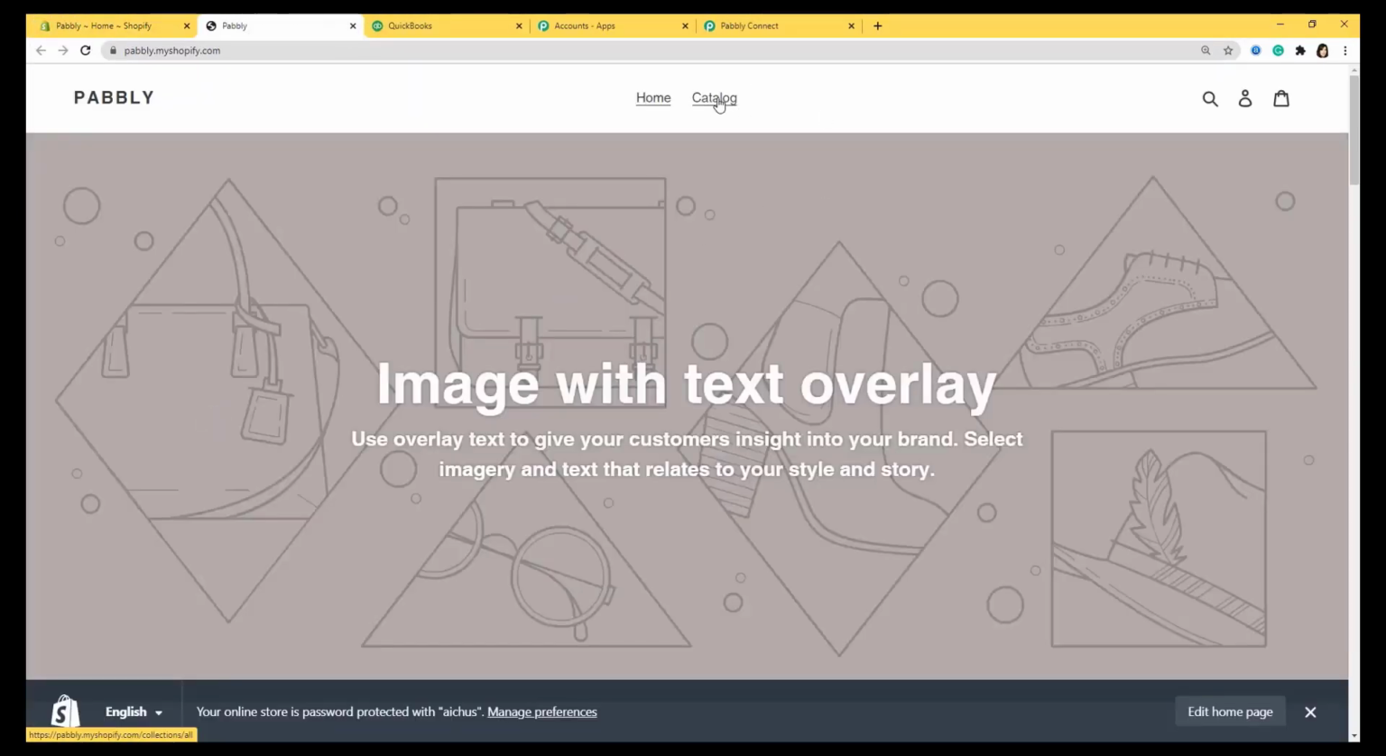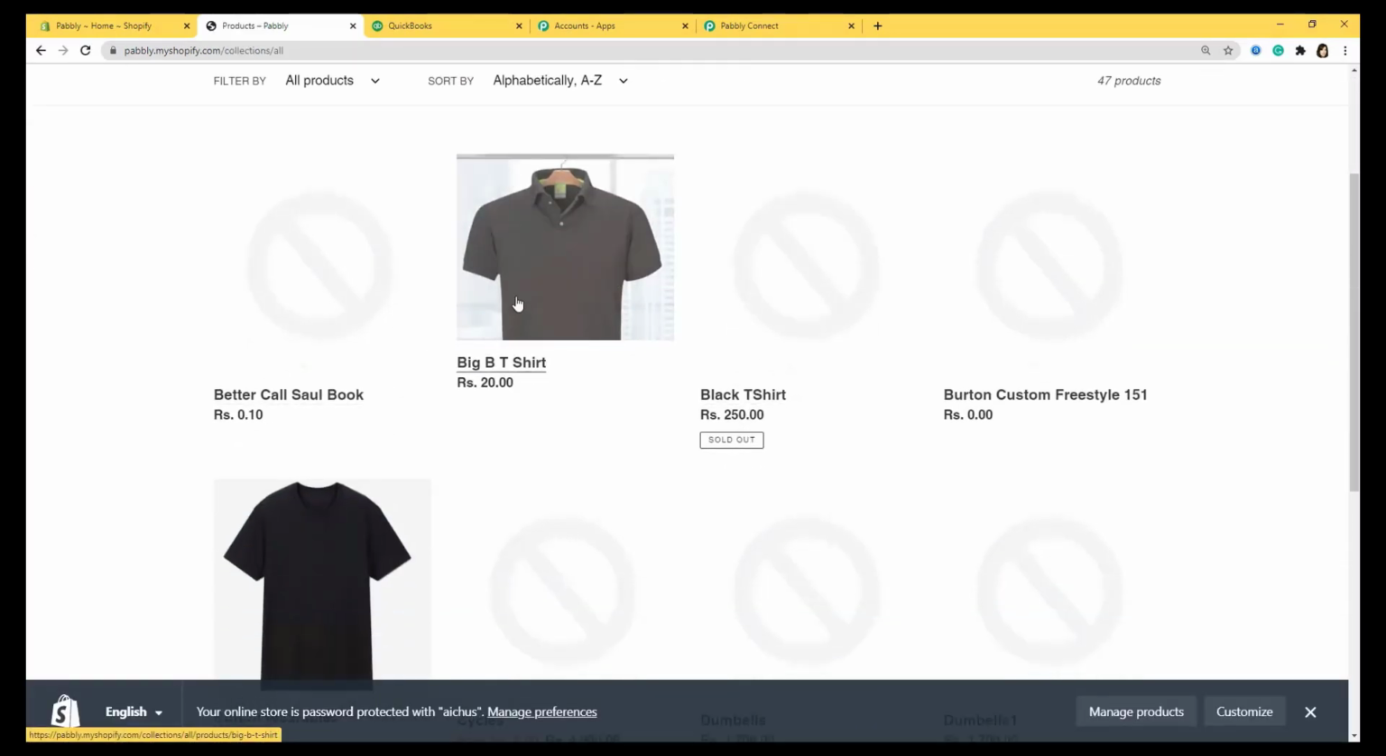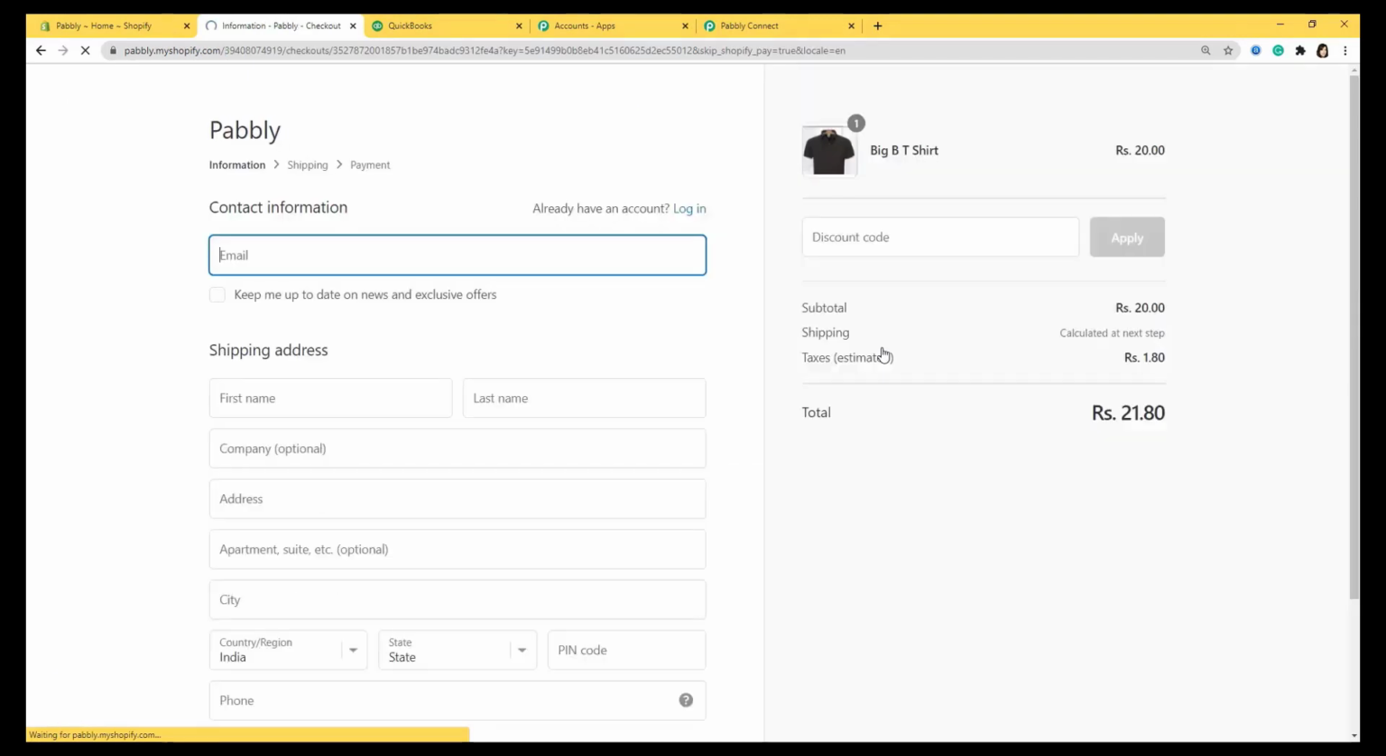So here there is catalog. I'm going to click on it. So let me buy this Big B t-shirt. So I'll click on it. So let's click on buy it now. So here I'm going to put some email,